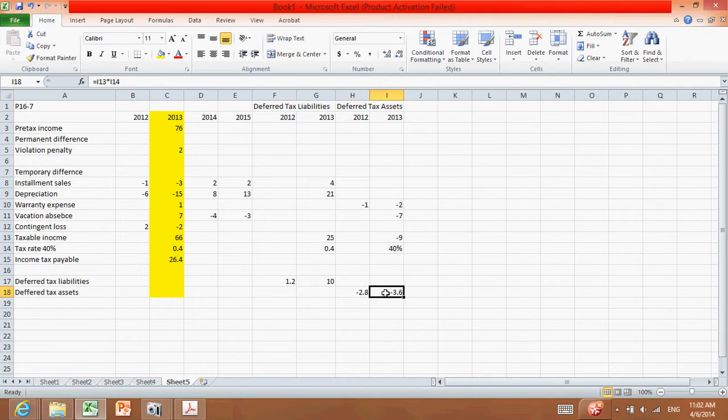At the beginning of the year, it was $1.2 million. At the end of the year, it is $10 million. Therefore, during the year, X equals 10 minus 1.2, 8.8 million of increase of deferred tax liabilities, whereas for deferred tax assets